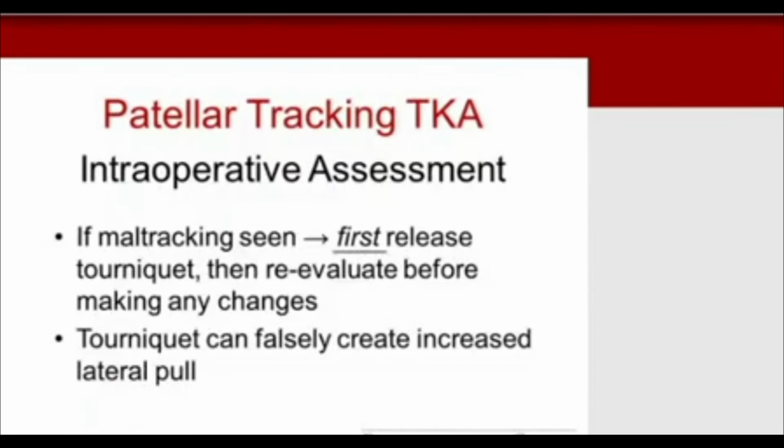Also remember, technically, if you see maltracking during the case, the first thing you do is release the tourniquet and then reevaluate before making any changes. Remember, the tourniquet can falsely create an increased lateral pull on the quadriceps and patella tendon, and even though you're actually really well balanced, you let the tourniquet down, that will relax the quadriceps and the patella tendon, and therefore your tracking will be ameliorated in terms of reduced tension, and you won't have to perform any of those above